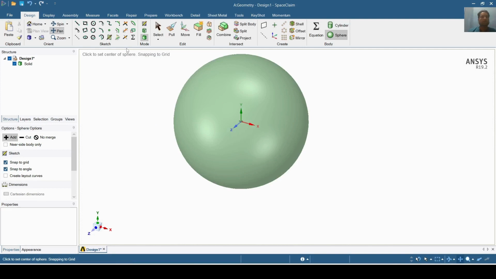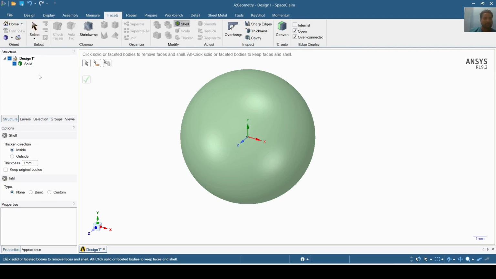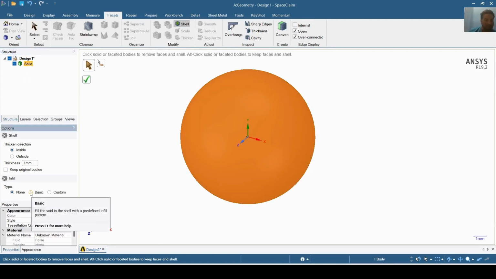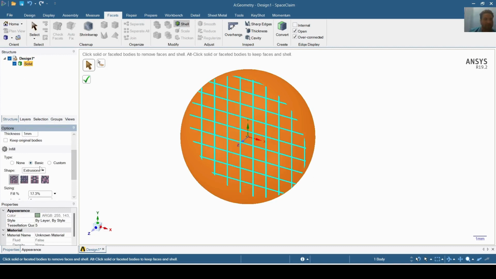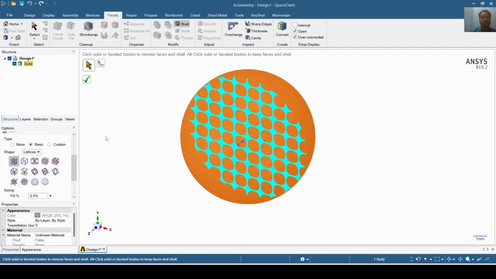Now I will go to facets and go to shell. I will give inside direction thickness 1 mm, and I will select this solid and go to basics, and I will now go to lattices and create this pattern, the three-dimensional lattice infill pattern first. So I have selected the pattern, and now I will select this icon to select the face of the surface